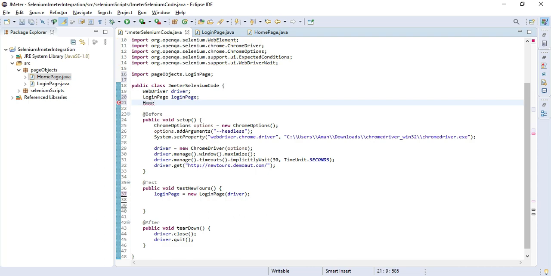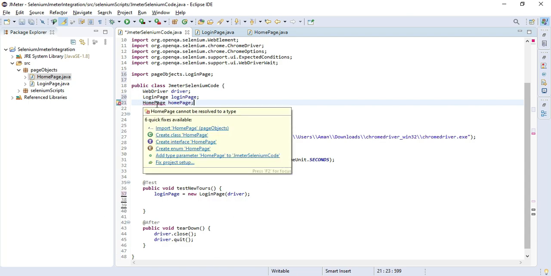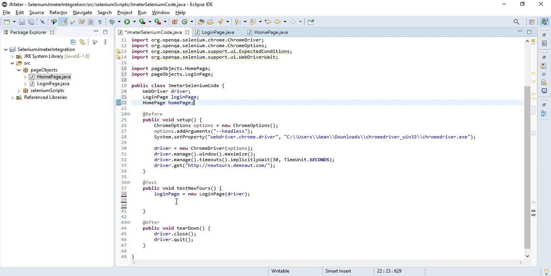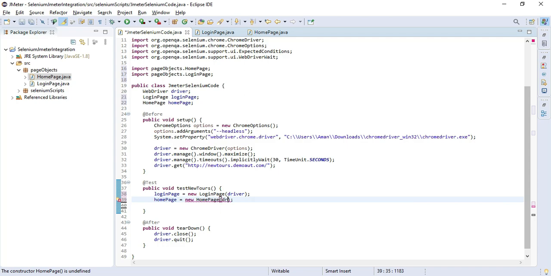So let's just create a HomePage object, and let's import this class. I'll be creating and initializing our HomePage object. We will be required to pass the parameter driver.